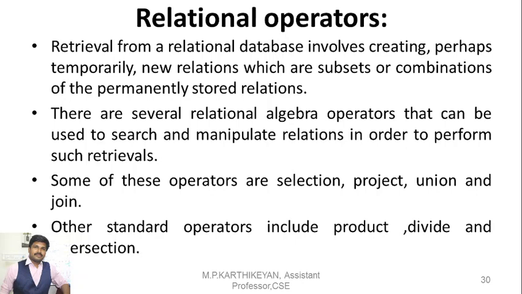The various options we have: we can select a particular record by giving a condition. We can print all the records available in the table, and we can select particular data with a particular constraint. Then we can even project data with one constraint and also another constraint, so we can project data with multiple constraints together. Is that clear? That is what relational operation takes care of. So here we can select data, project data, and combine data.